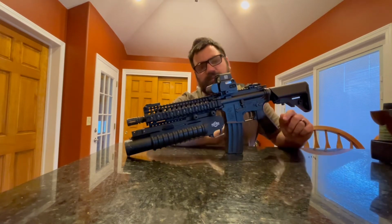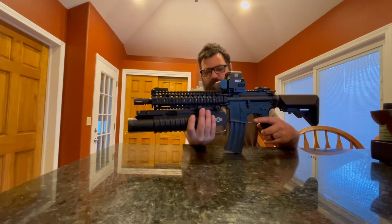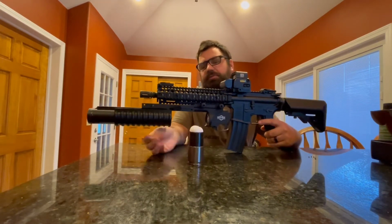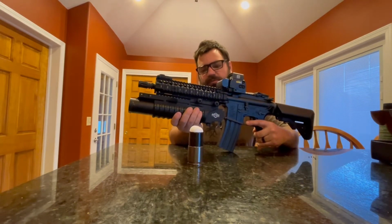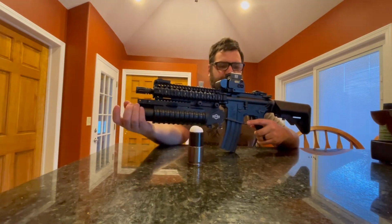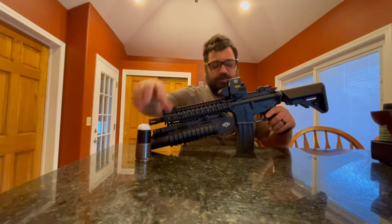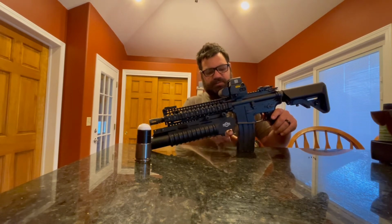But I will be doing a shooting video later, but it is pretty well put together. It's sturdy, and there's a little wobble with the grip there. It did have an orange tip on it. I ripped that off. As far as functionality, trigger, safety,